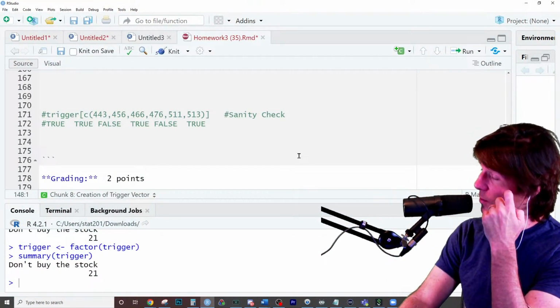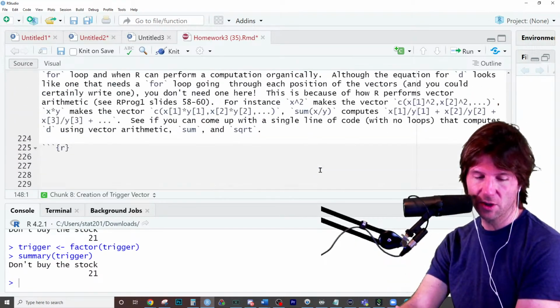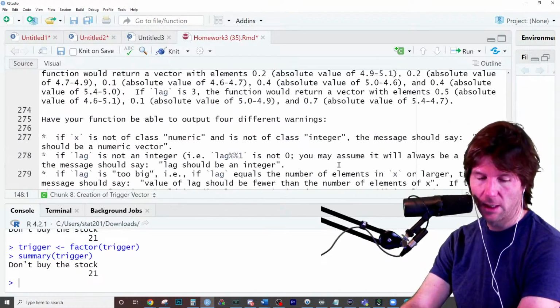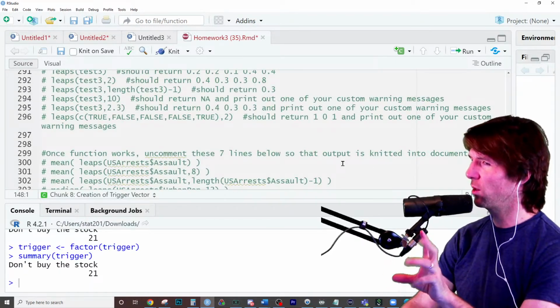It doesn't match the sanity check. Message me before you lose your mind. Message me, because now that you have it so close, I can probably just do a small fix on it. So message me your code. I'll be checking it out a little bit later. So take a break, message your code, relax.